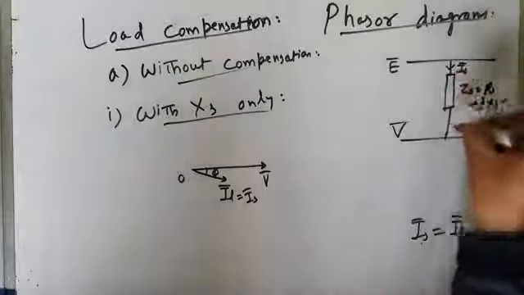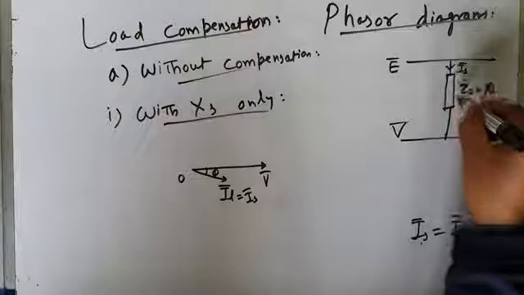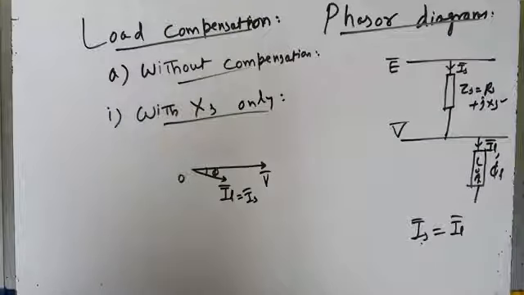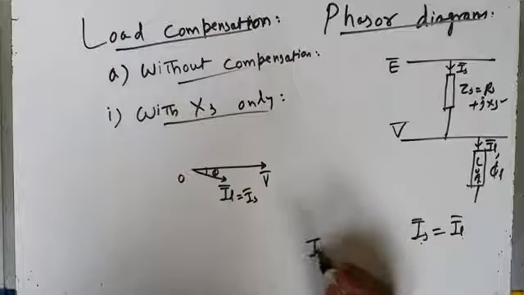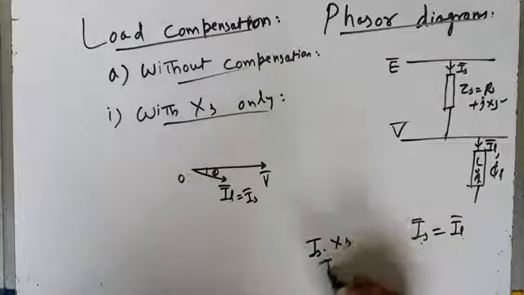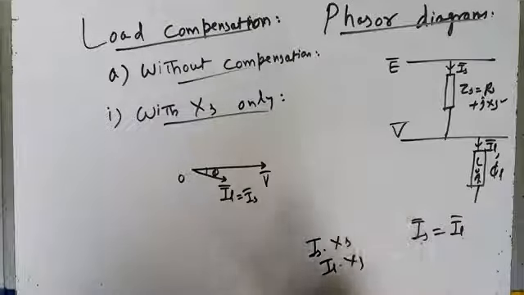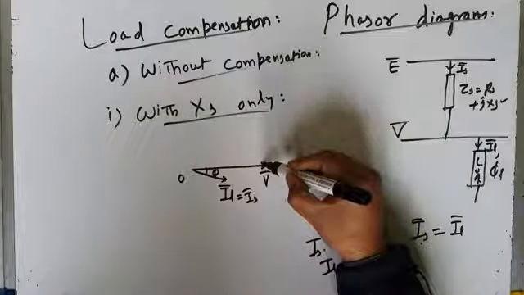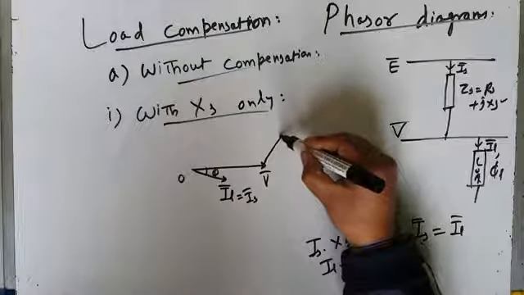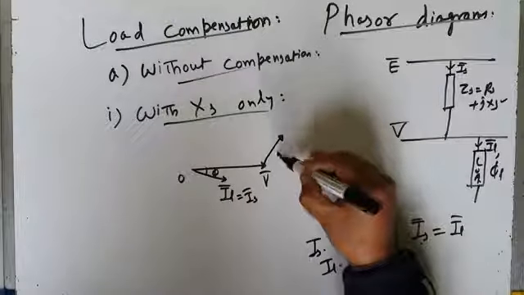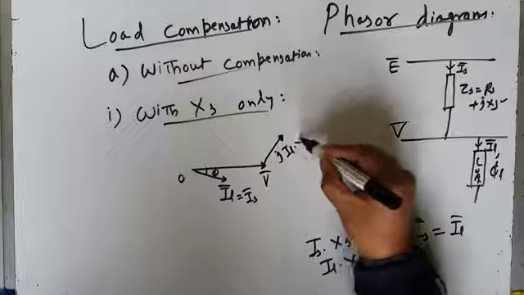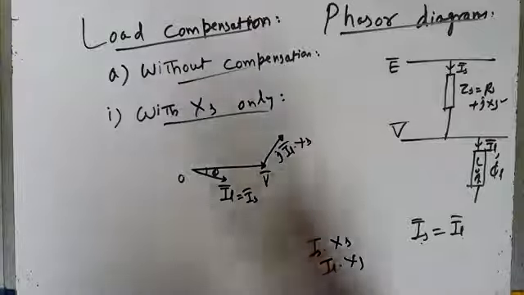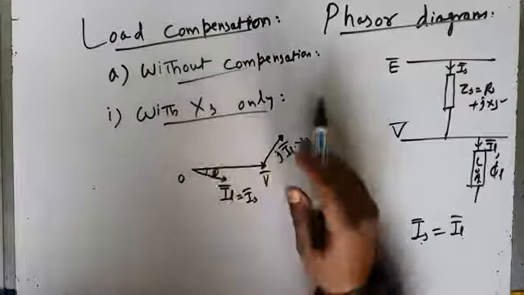When this source current, which is the same as the load current, flows through the reactance, it results in a reactive voltage drop IS into XS or IL into XS, which is at 90 degrees to the load current. If this is the load current, the voltage drop through the feeder reactance will be J IL into XS, and that will give us